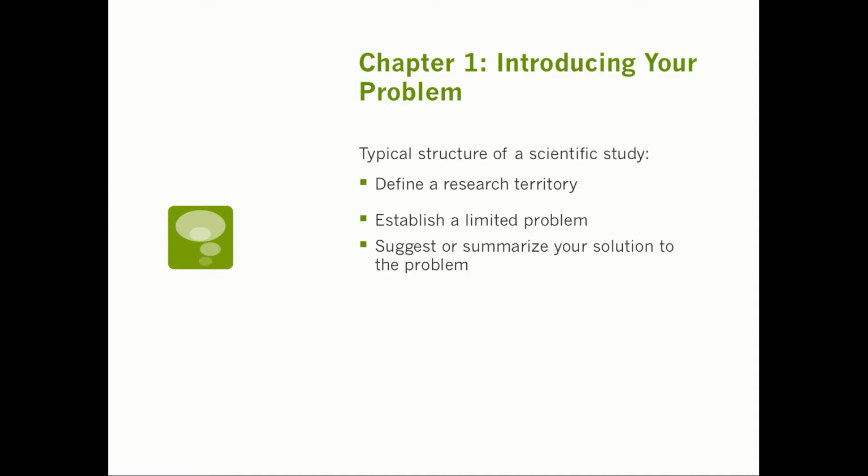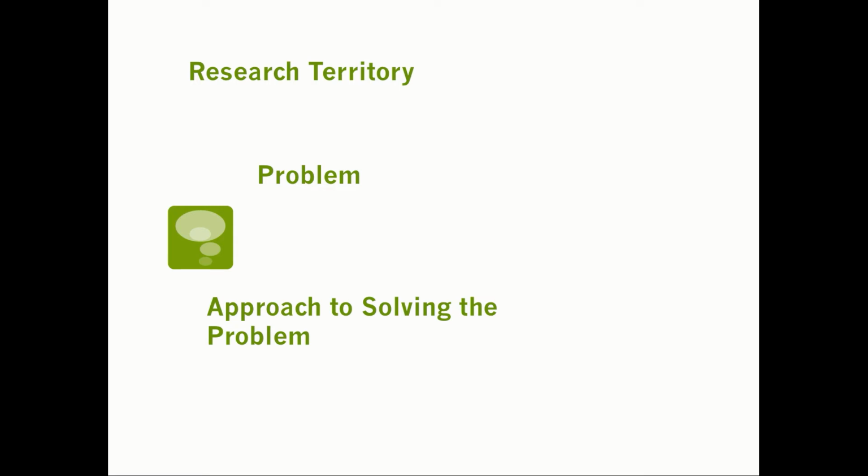So looking at the chapter, if you specifically look at pages 4 and 5 of chapter 1, they go into quite a lot of detail as to how to find the topic and how to conduct the literature review. In practical terms, when it comes to your final paper, what the authors of the text call the research territory, which you can read about on page 5,